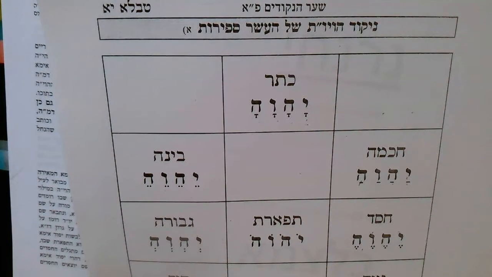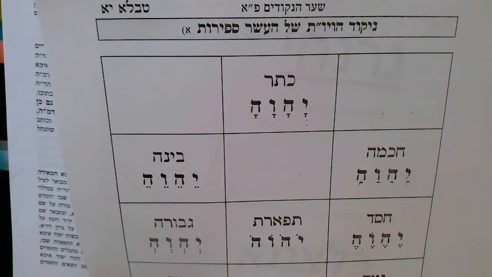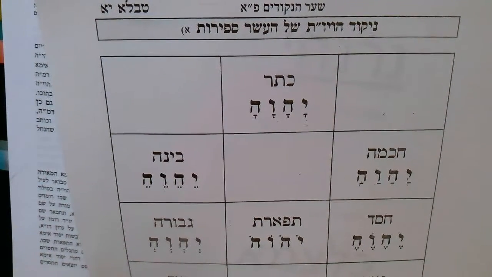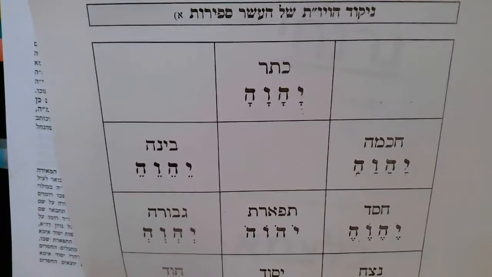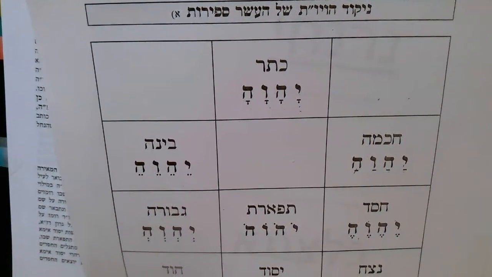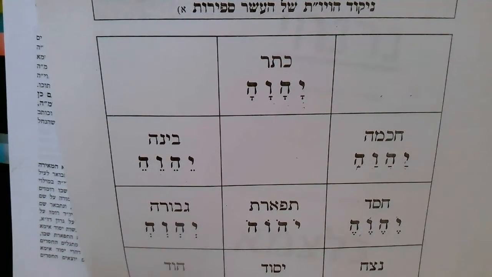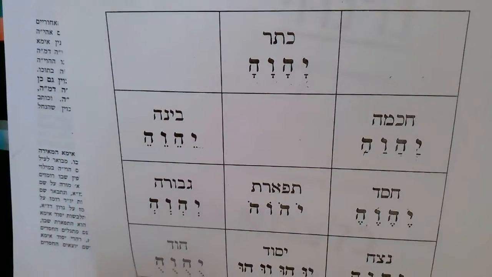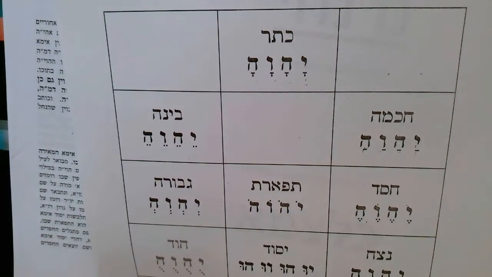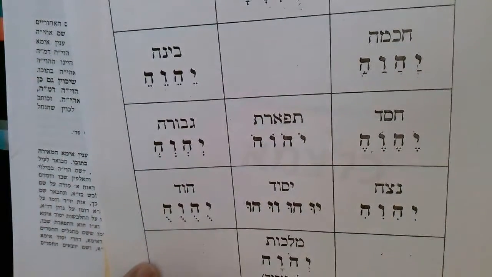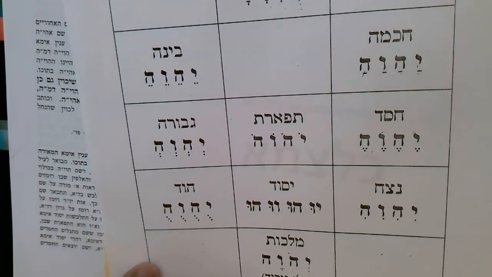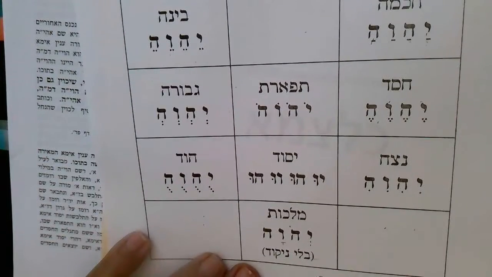So here, once again, the Kesser is 4 komats. It's a Yud K Vav K, but it's represented by the komats. Then Chochmah is represented by the Patach, Bina by the Tzeri, Chesed by the Segel, Gevura by the Shva, Tiferes by the Cholam. So the Netzach is just a Chirik, Hod is Kubutz, Yesod is Shurik Vav. That's what they call the Shurik Vav.